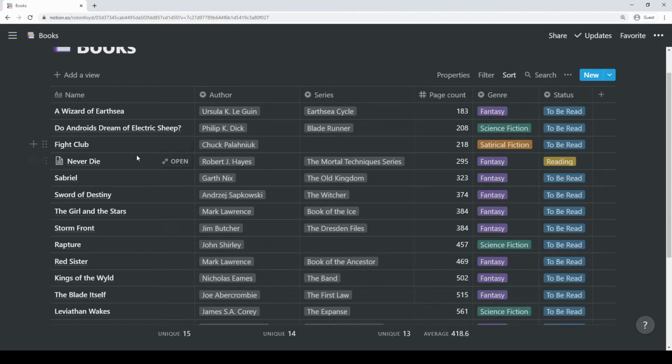And what I've done is I've started reading Never Die, and I'm actually getting through it quite quickly at the moment. And that's great, because it's giving me a bit more confidence. It's getting my reading speed up a little bit as well. But yeah, I think basically what I've learnt from this is that I should probably take on some of the